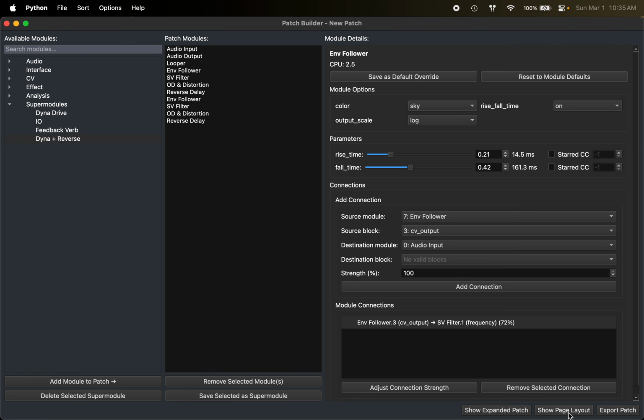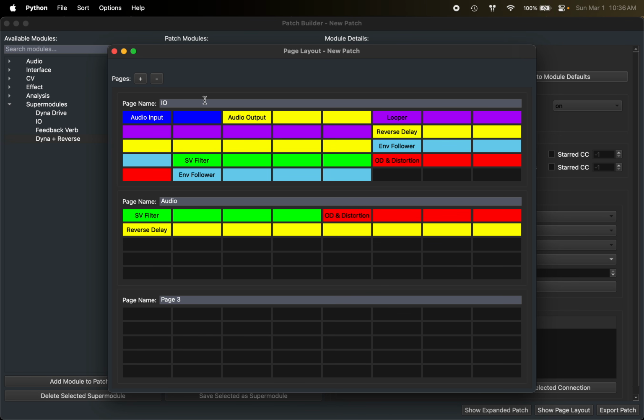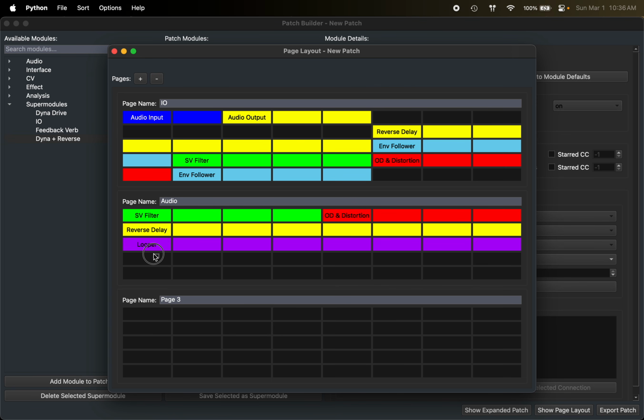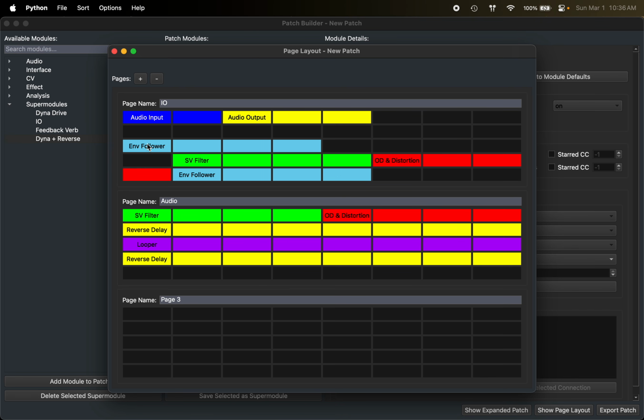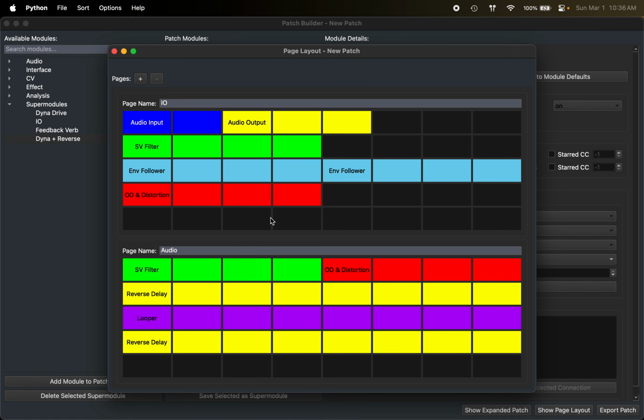So there's a new button called Show Page Layout. When you click it, you'll be greeted with your pages in a holistic view. So they're very simplistic color schemes, but it matches up to what you would see on your ZOIA. You can rename pages. You can add new pages, and you can click and drag. All right, so this allows you to fully customize how your patch is going to look